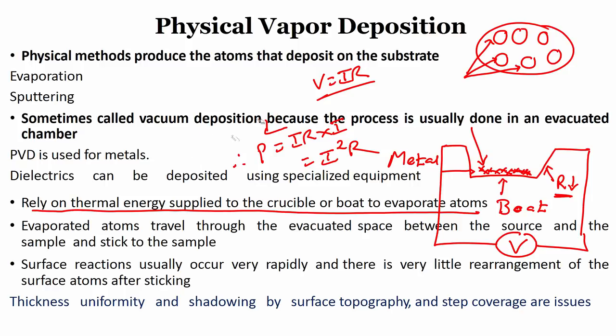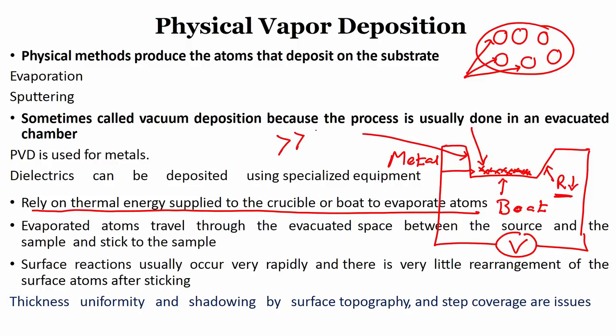right. So, this will cause the board to heat to a very high temperature because of Joule's heating. Now, if I heat this board to an extremely high temperature, let us say I call the temperature of the board T b, and the melting temperature of my metal, let me say T m, right. So, if the temperature of the board is way higher than the temperature of the metal,